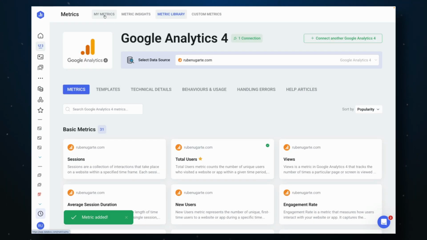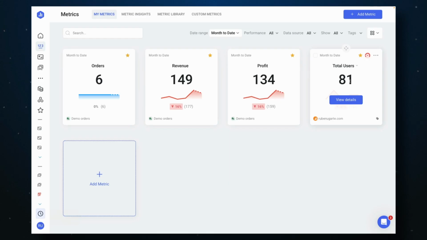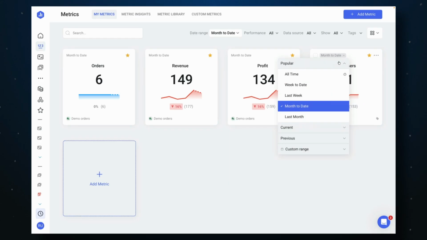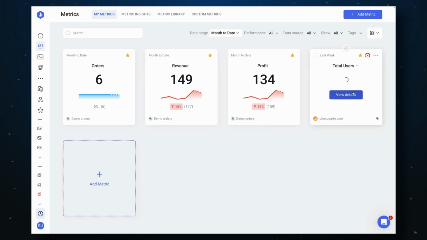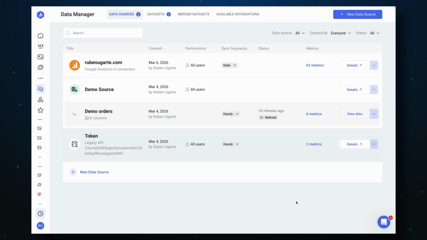And now when you go to My Metrics, you'll see that we have a new chart that's showing us total users. In this case, it's month to date, but we will have the ability to change date ranges. And I'll show you how all of this plays out when you actually start building reports. We can do light transformations here within